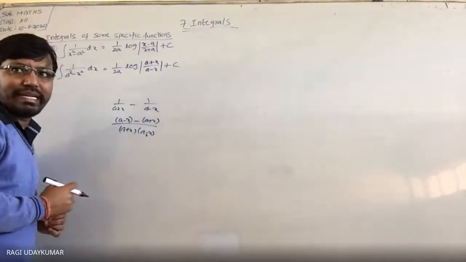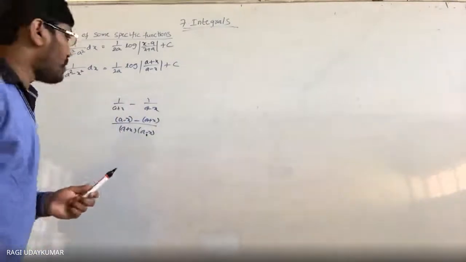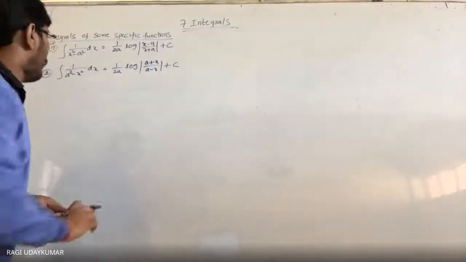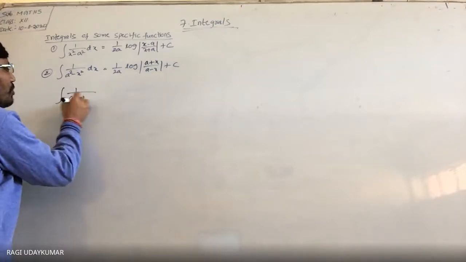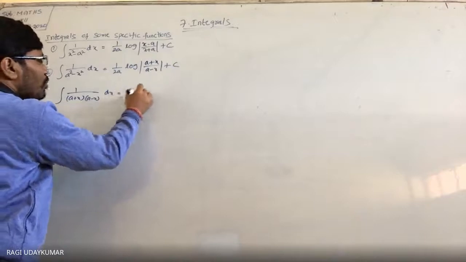Whenever you are doing the integration, minus हो जाएगा. इसका reverse में होता है. If you are seeing this proof, ये इसका proof देखो. इसका proof देख लिया तो what you can do? Under root of 1 by a plus x into a minus x dx. 1 by 2a. हमको 2a आना है.